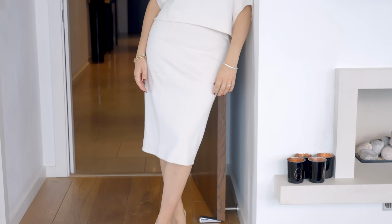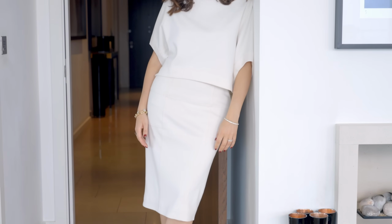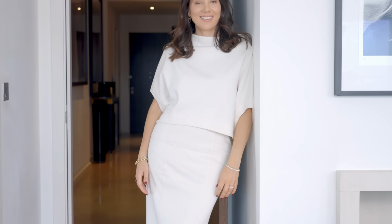What would you call this silhouette? It's an oversized sweat type, a riff on a sweat, but with a classic Balenciaga sleeve on it. For me, it's quite a 1940s, 1960s silhouette, and I feel like it's so flattering on the body. Obviously, it's been designed by a woman, so I think you understand what women want. I absolutely love it, and it's so comfortable. You can wear it in any climate. I've worn it in the Middle East, but equally I'm wearing it today on a rainy day in London. Brilliant. And you've teamed it with...